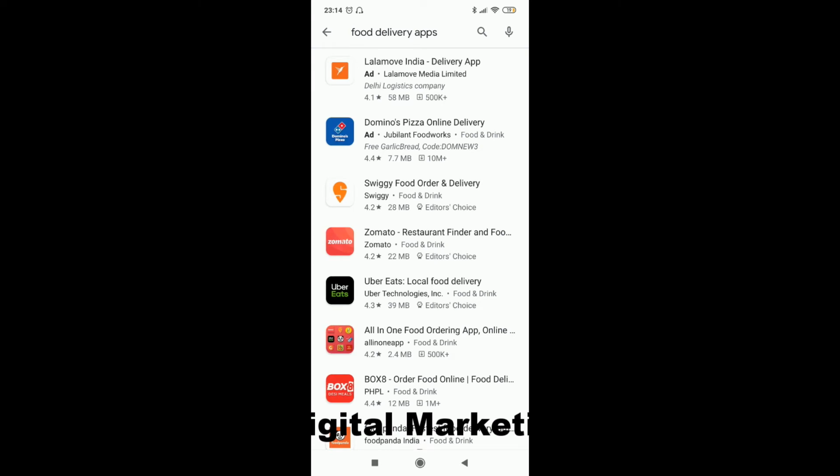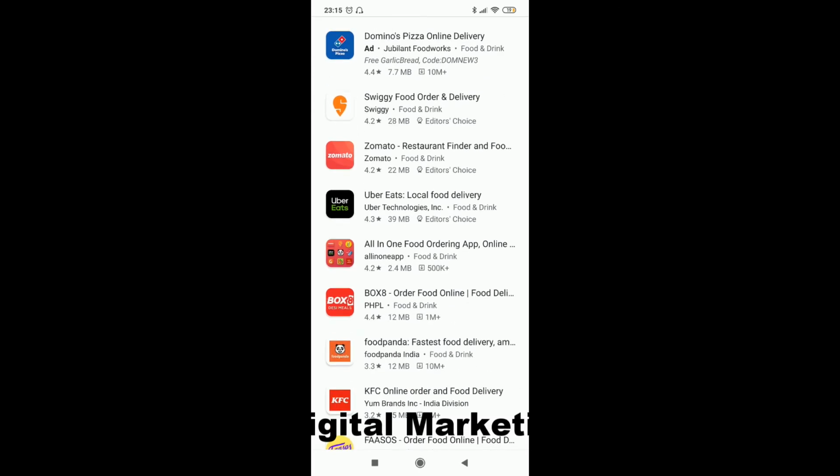The first two are ads. How can we recognize them? In the second line you can see "Ad" is written, and similarly for the second app, Domino's, in the second line again "Ad" is written. As compared to other search results, Swiggy and Zomato, where "Ad" is not written in the second line. That means the first two are ads and the others are organic results.